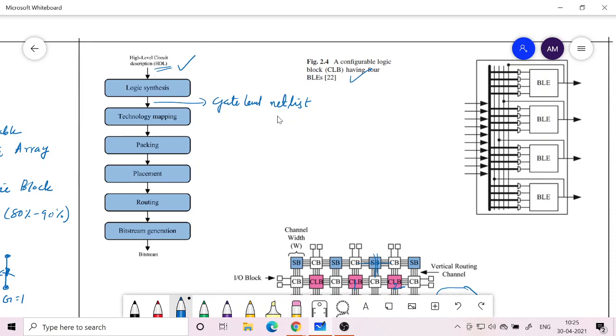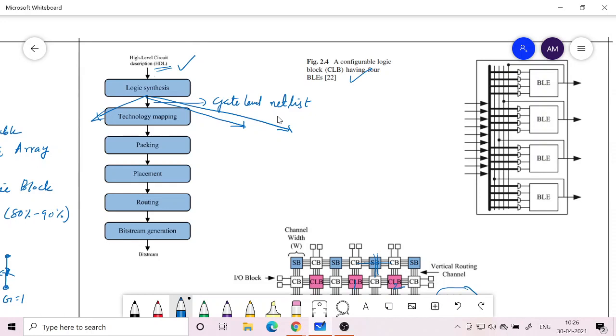And then the next step is technology mapping. Here comes the difference, because it could go in many different ways after this. For this particular FPGA chip, you have a particular technology mapping.